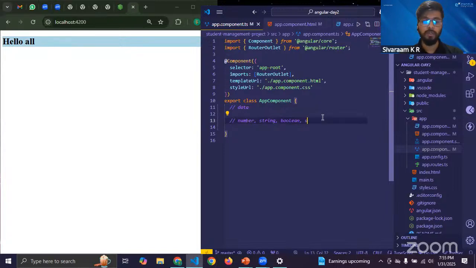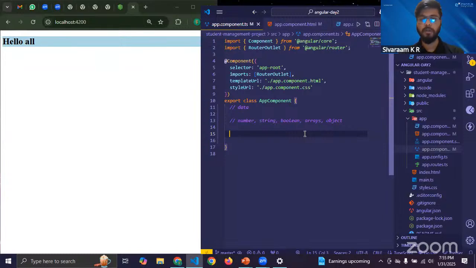And then you have something called arrays and then objects. So there are different things. So let's see, how do you create a variable inside your TypeScript file? Don't get confused with TypeScript. Even if you don't know TypeScript, think of TypeScript as an elder brother to JavaScript. Since most of you are familiar with it, it will be like 80 to 90% similar